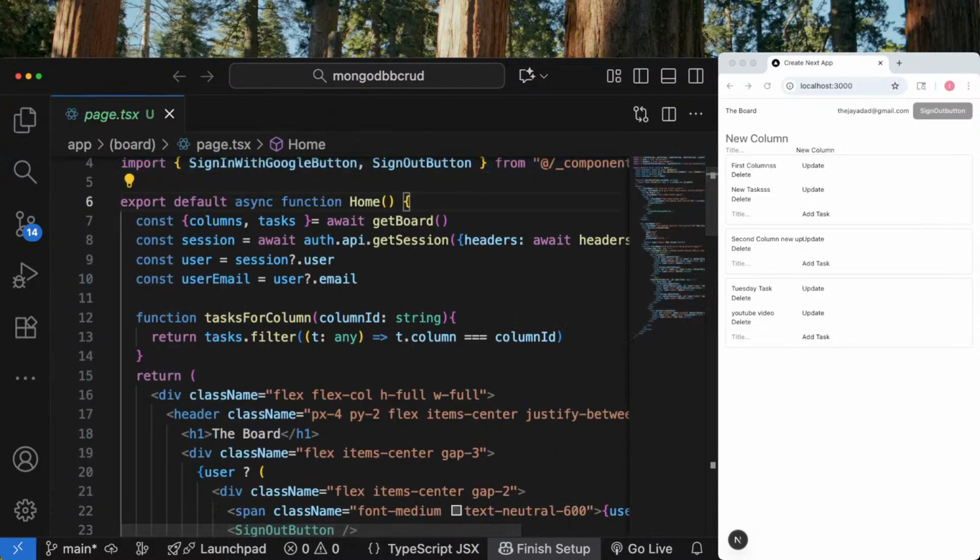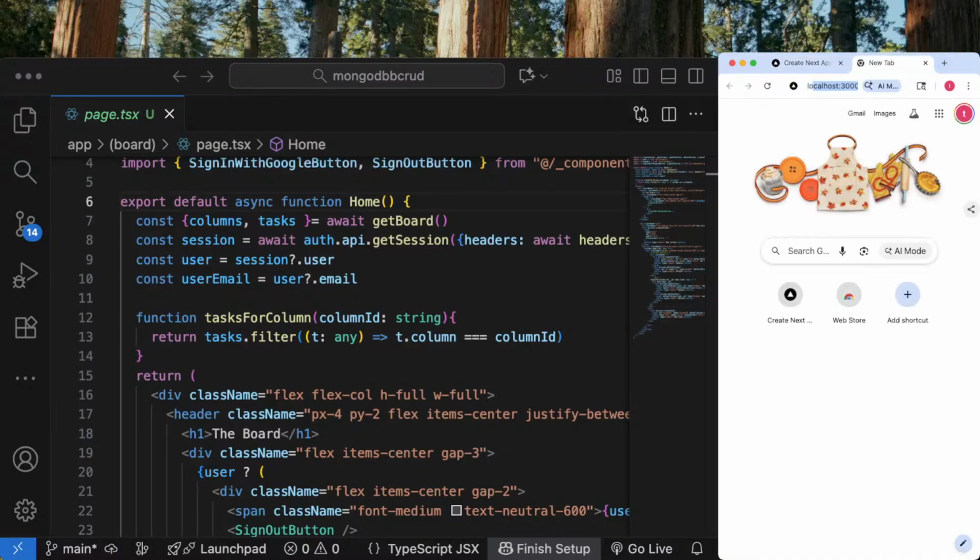If we go back to localhost 3000 and refresh the page, you'll notice that nothing changes. And that is because we're taking advantage of the route grouping so that everything within this directory shares the same layout. And most importantly, it is ignored by Next as a route. And just to show you what I'm talking about, if I try to go back to localhost 3000/board,